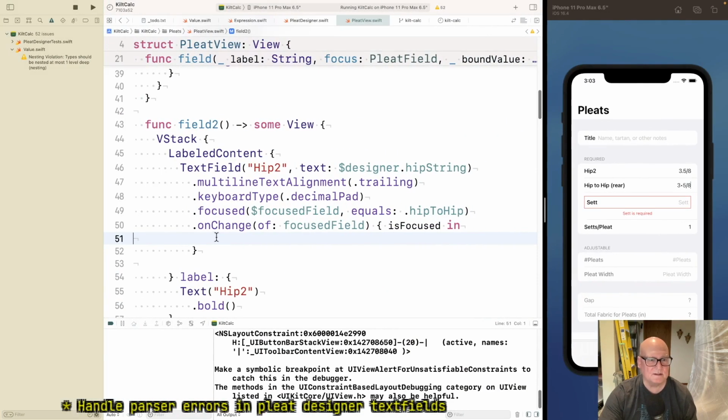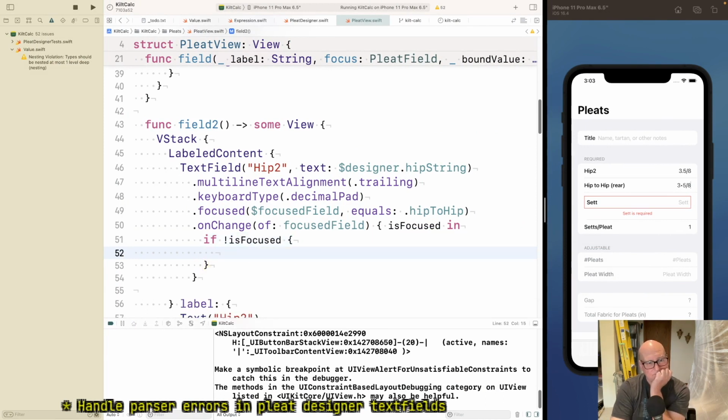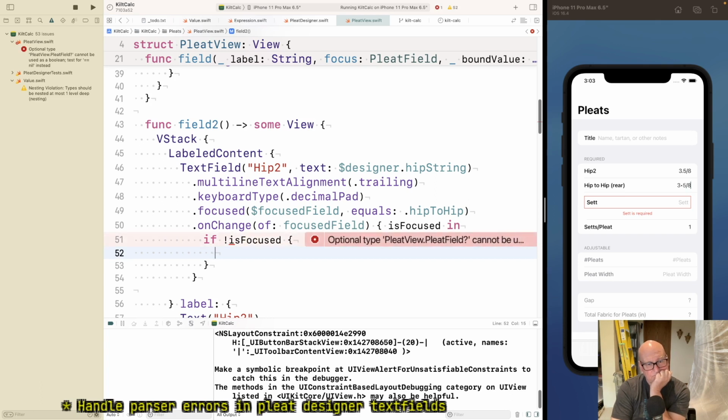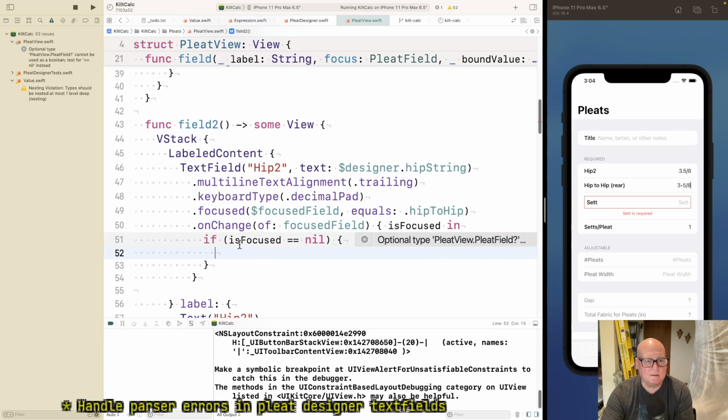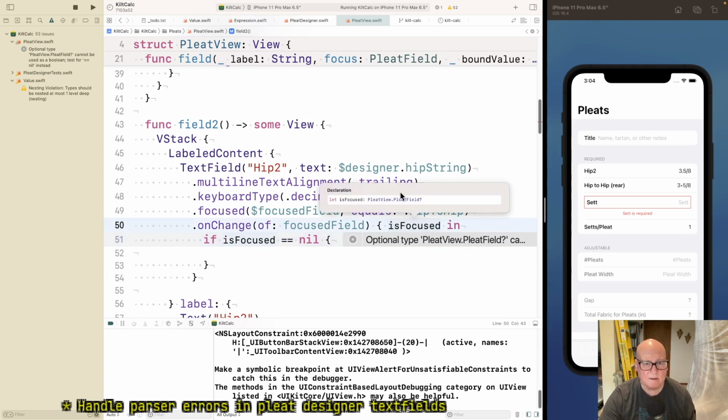Okay, I guess if not is focused, we want to set pleat view pleat field is focused equals nil. Sorry, what type are you? Pleat field question mark equals